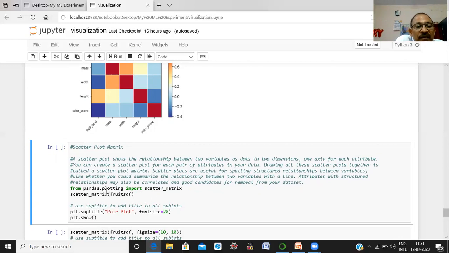Here you specify this is the method in pandas, and we are importing the scatter matrix function. Scatter matrix, and here the parameter is our data frame. This is the title of our figure. Pair plot, run it.